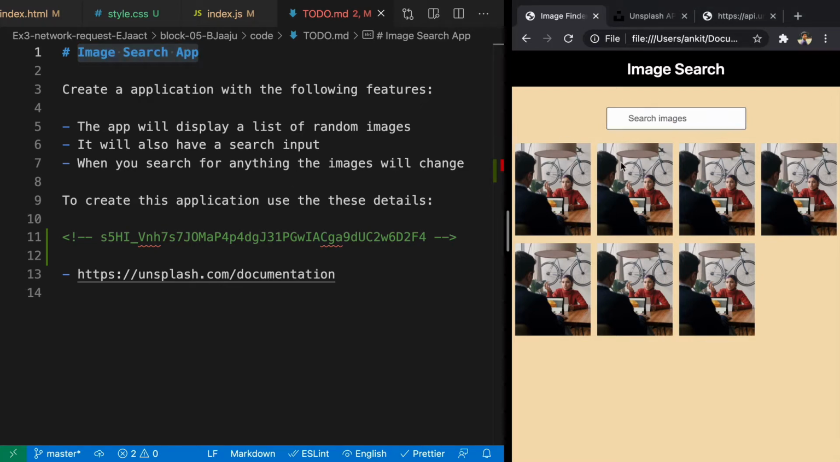We have an input and we have a collection of images visible here. Right now, it is static. So it is just displaying the same image. In future, it is going to display other images. And here, this is my client ID. So here, if you go on to this URL,